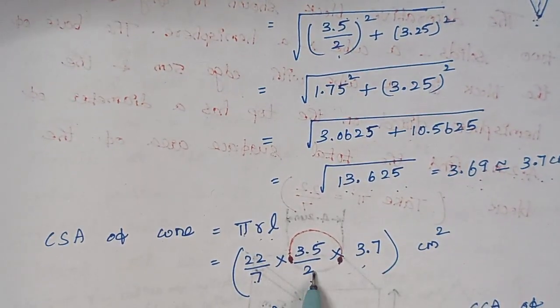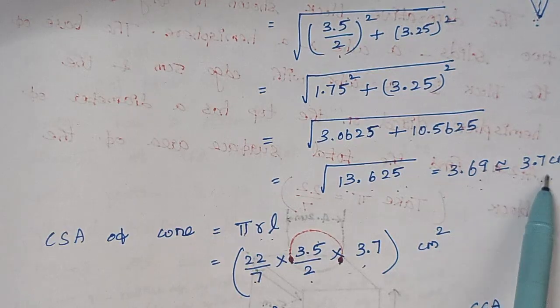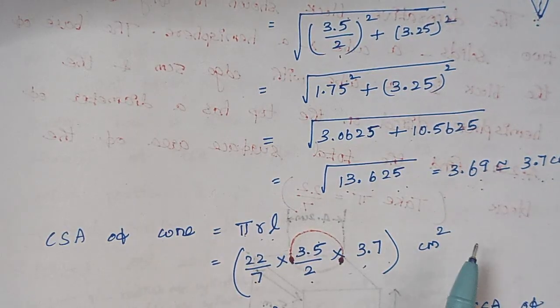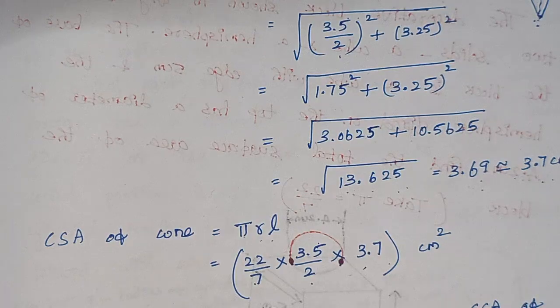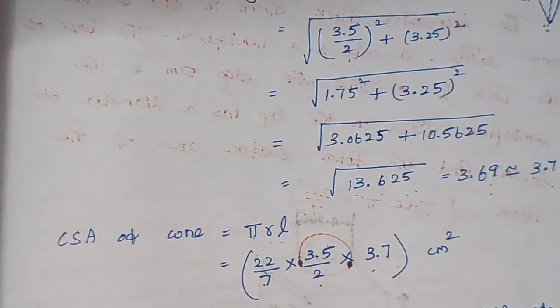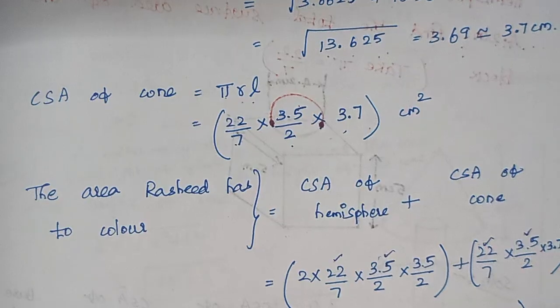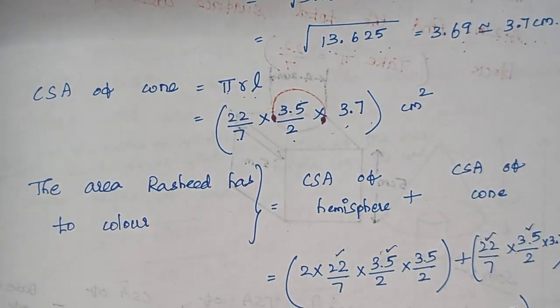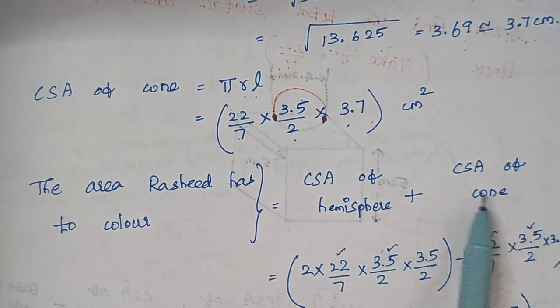So we know pi, we know r, L just now we have calculated. So just substitute it over here. So finally, now we have to add these two areas. So the area Rashid has to color is nothing but this is the cross-sectional area of hemisphere plus cross-sectional area